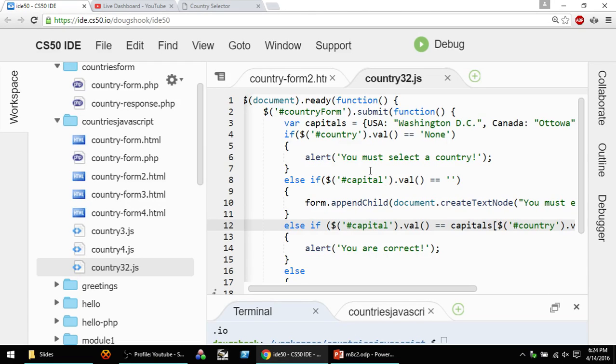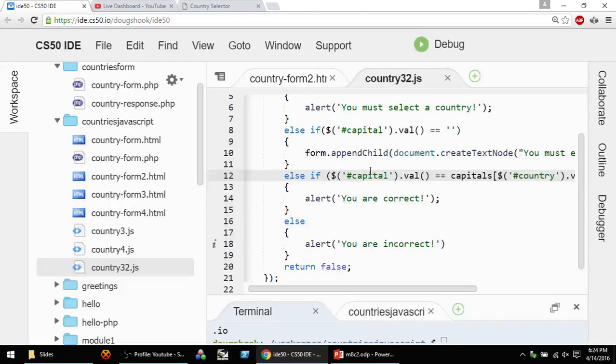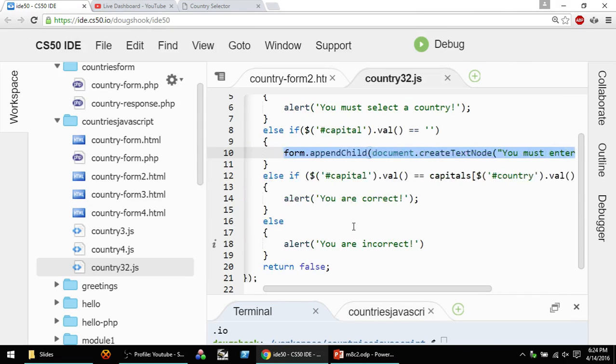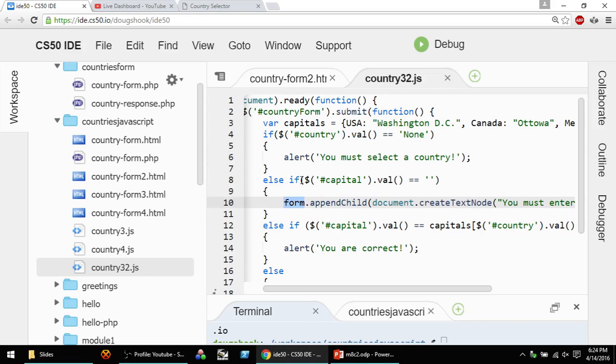There's still some more things that we can do. In fact, some things that we have to do to make this correct. So this also interacts with the document as well, right? This appendChild. There's a jQuery way of doing this, too. I'm appending an element to the form. This form variable, remember, doesn't exist anymore. We got rid of it. It doesn't exist anymore. So how can I